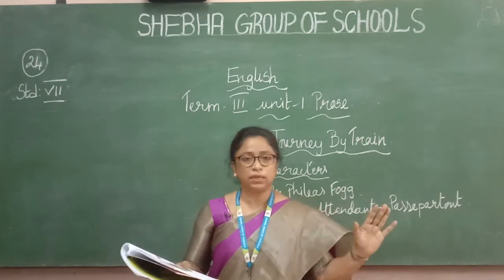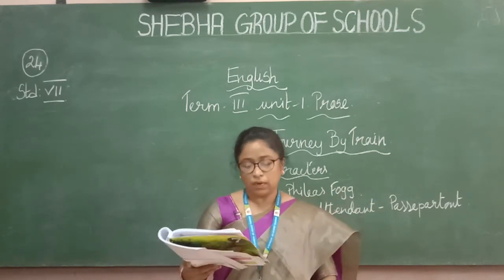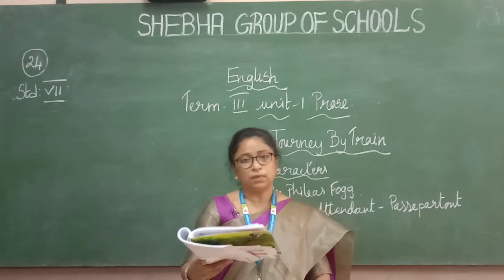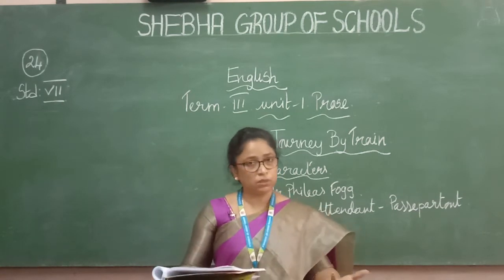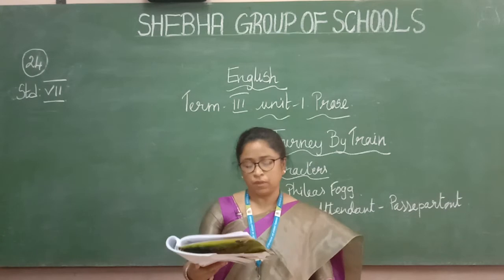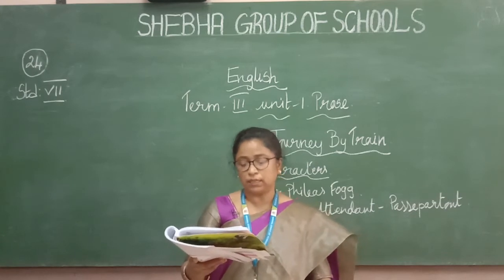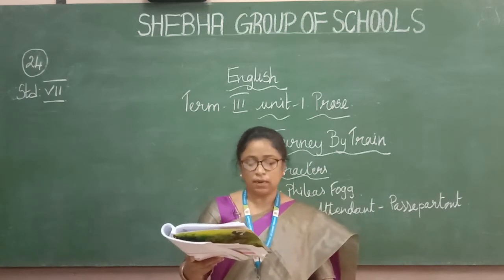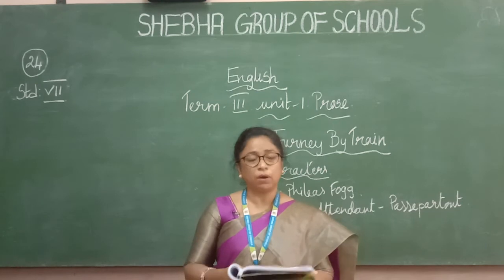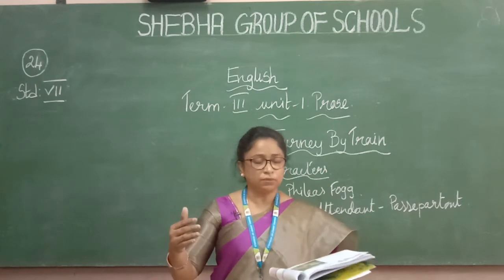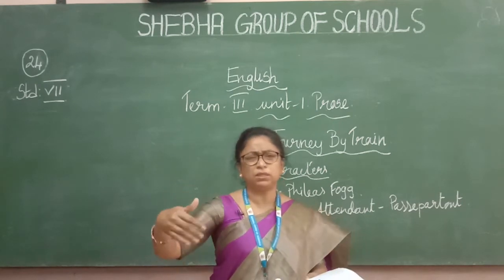Now all are sitting in the train. Now the train is about to leave. An hour after leaving Bombay, Mumbai's name was Bombay, the train had passed the bridges and the islands of Salsette and had got into the open country. So the train started from Mumbai, and from there it is passing a lot of bridges, and then finally